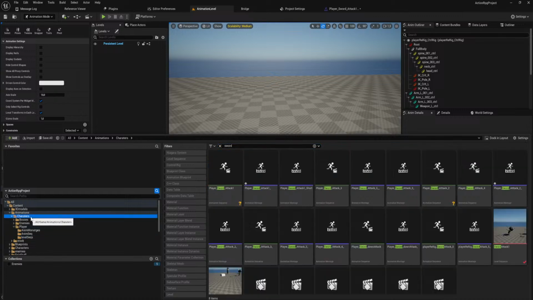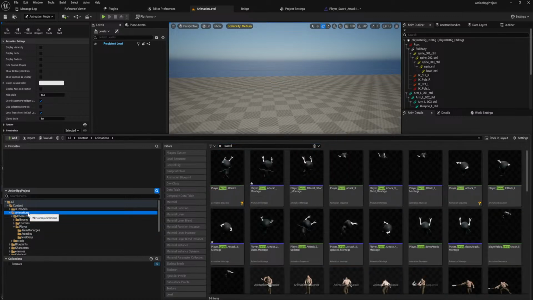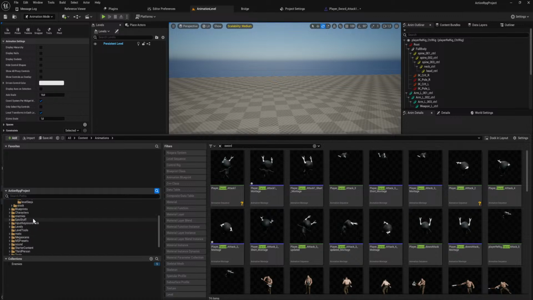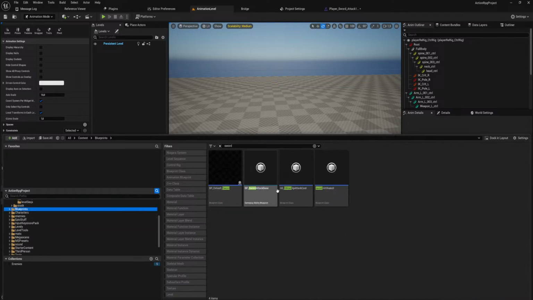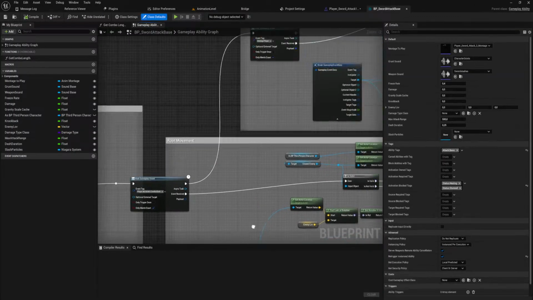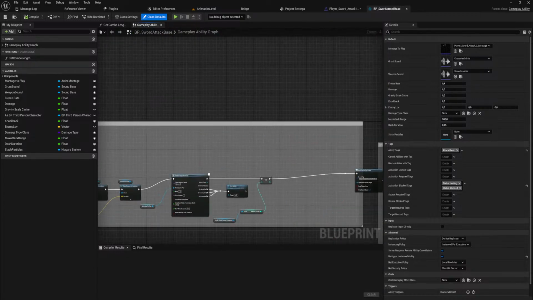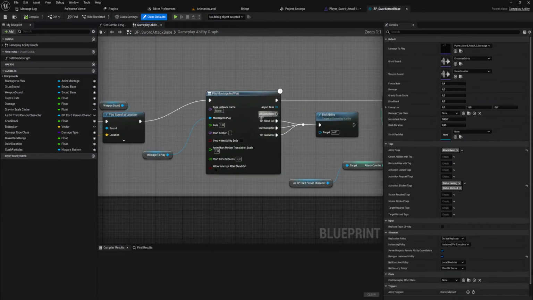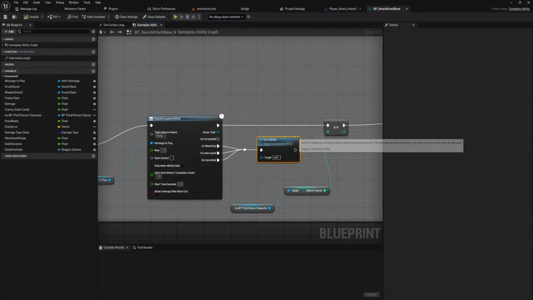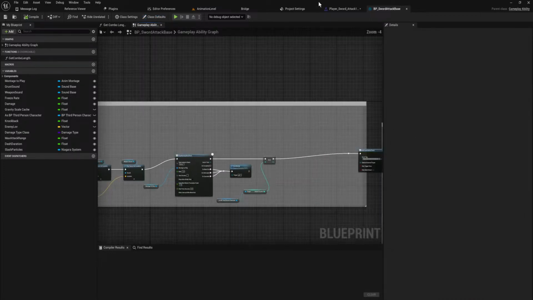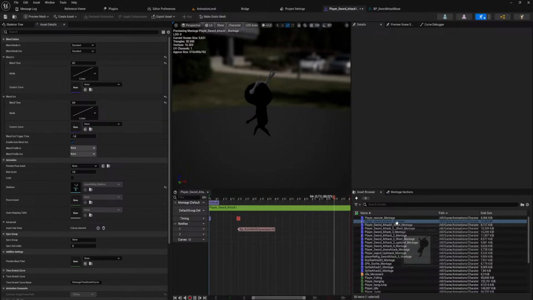I want to check something in my code, because I feel like I am gaslighting myself. When do I allow... Yeah, on blend out, the ability ends. So that should be here, minus 0.4 seconds. So that should be there.